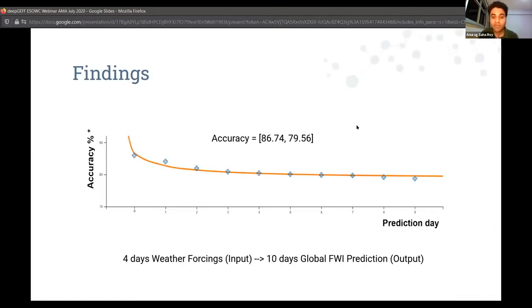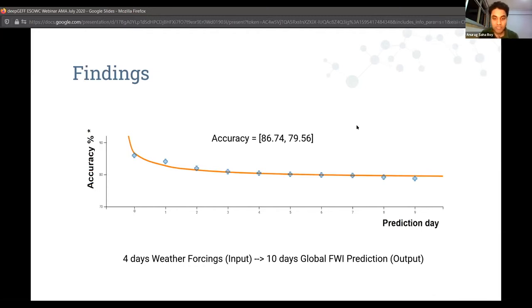So we have an accuracy level for a 10-day prediction that ranges from 79% to 86%. So this is within the boundary of what we initially proposed when we started the challenge, that we'll have sort of 80% prediction accuracy. And we have this right now for the fire weather index over a 10-day period.